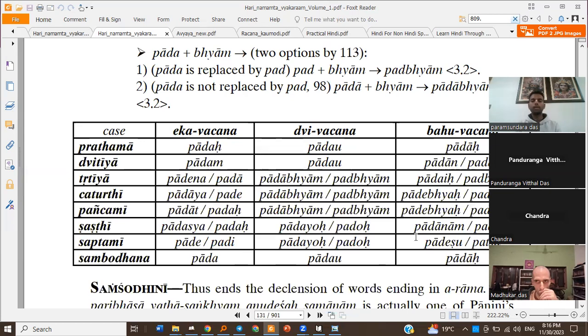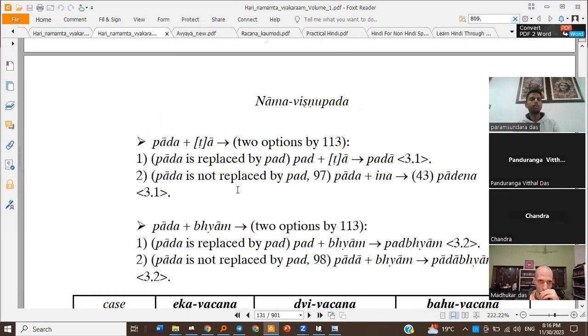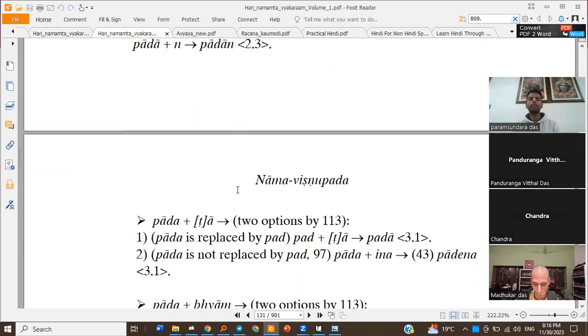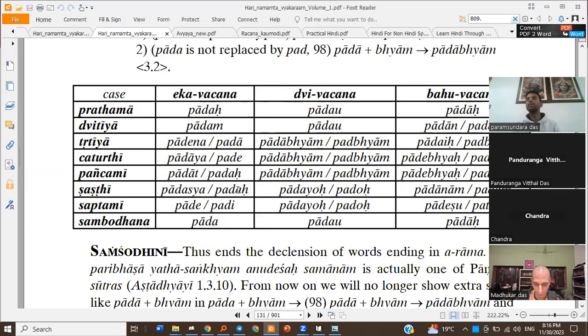Harikamal. So these optional forms are there, when Pada is replaced with Pad. Okay. Similarly for the word Danta also, same way. And for the rest of the two words, the declensions will be shown ahead because there are a few rules required to complete those declensions based on some further rules.